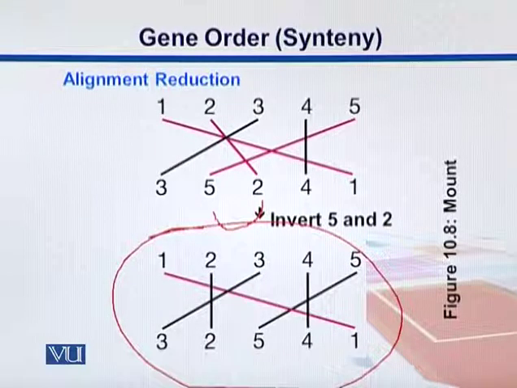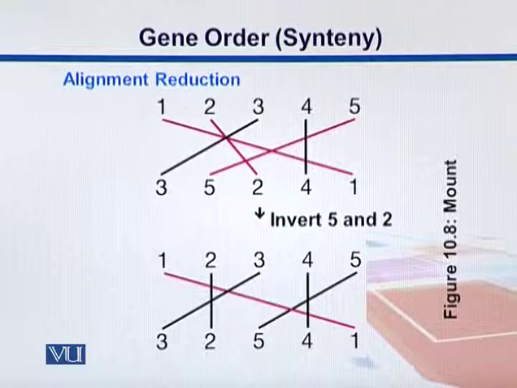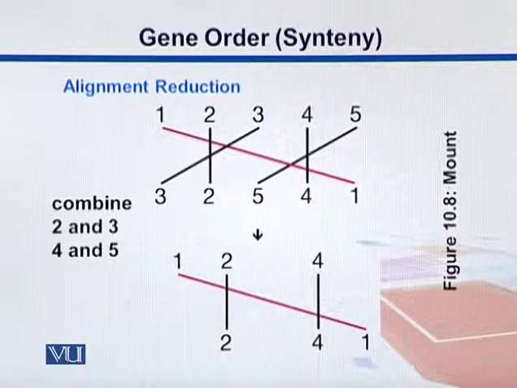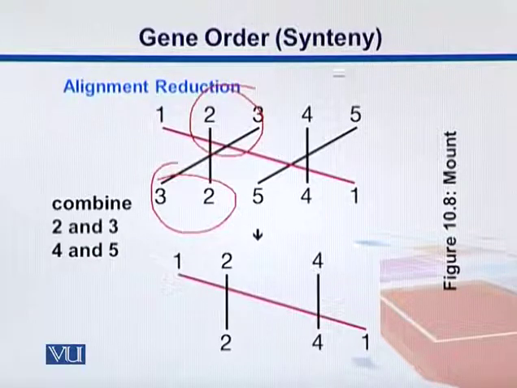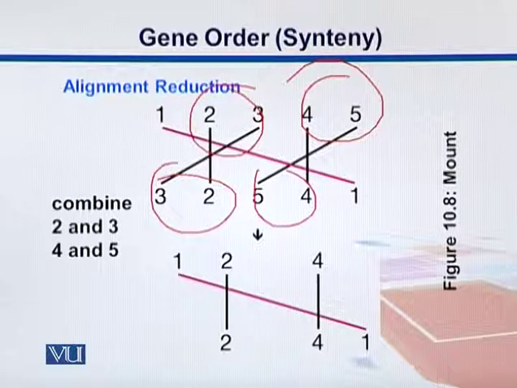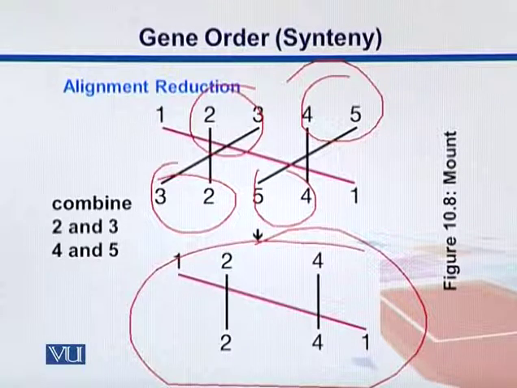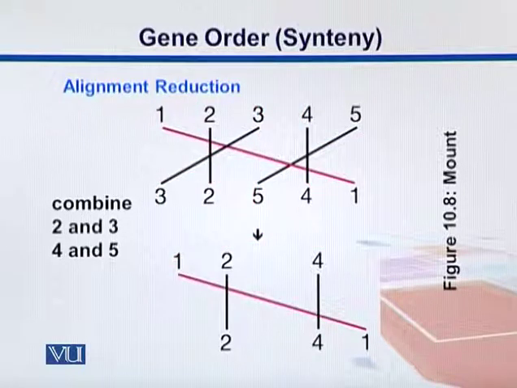So we can invert, we can recombine different regions, and as a result we can simplify our alignments. In this example, after this inversion we can further combine 2 and 3 with one another, right? So 2 and 3 is here. In the same way we can combine 4 and 5, and we can further simplify this like this. Basically this simplification is a computationally expensive job, and it needs good expertise. We will talk about that in later lectures, but here it was just for introduction.